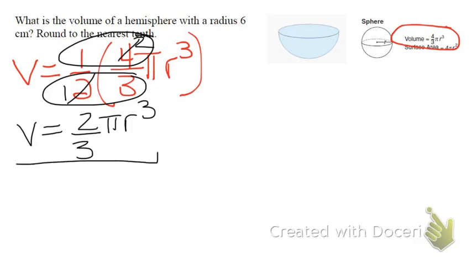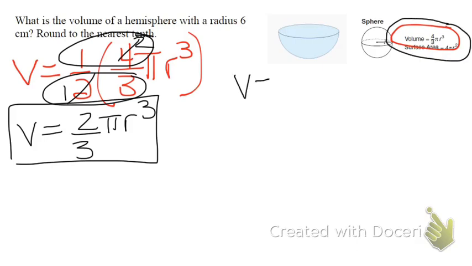Now if you want to add this formula to your notes, remember you're allowed to use your notes. So anytime they give you a hemisphere formula, this volume formula changes to being half of 4/3, which is